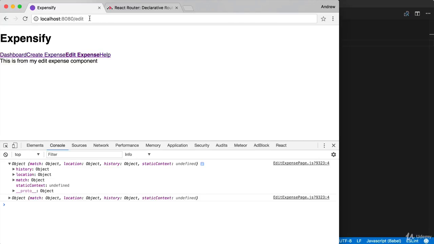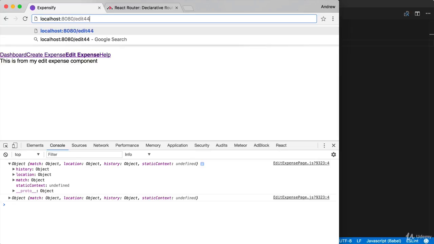So the edit URL, for example, that's not a very good URL. What are we trying to edit? There's got to be something. Later on, we're going to have items in a database, and they're going to have unique IDs associated with them. If I wanted to edit the expense with an ID of 44, I would have a URL that looks a